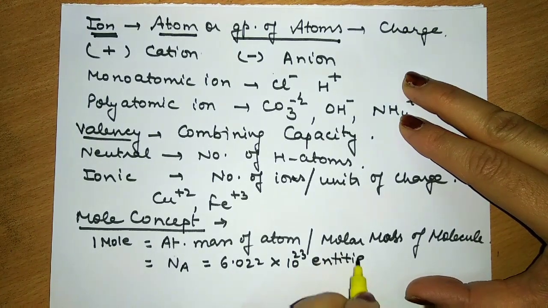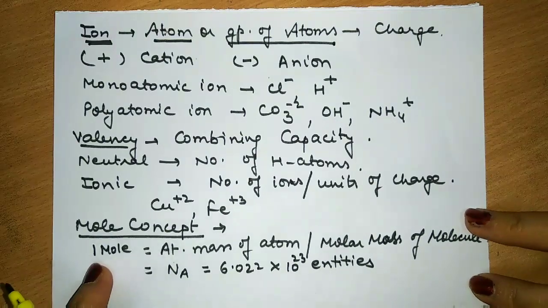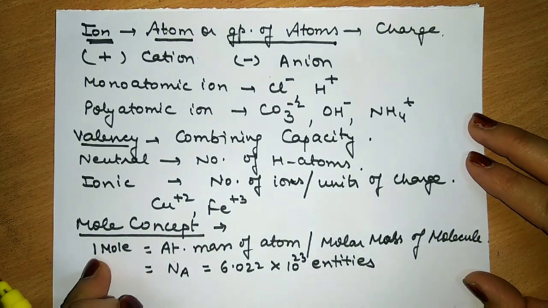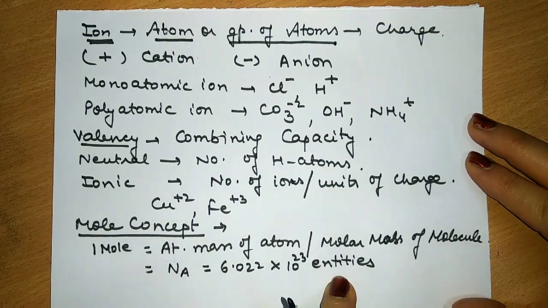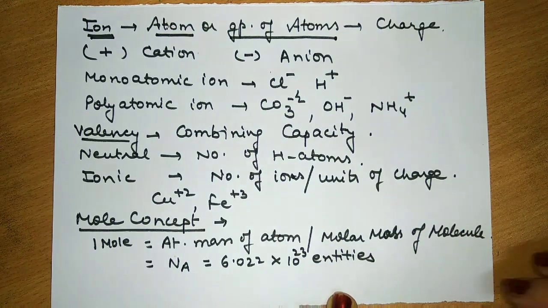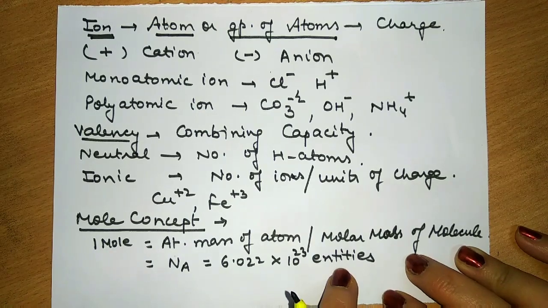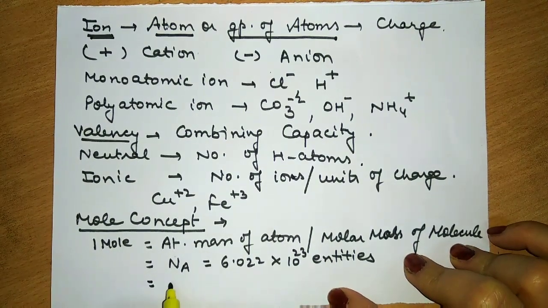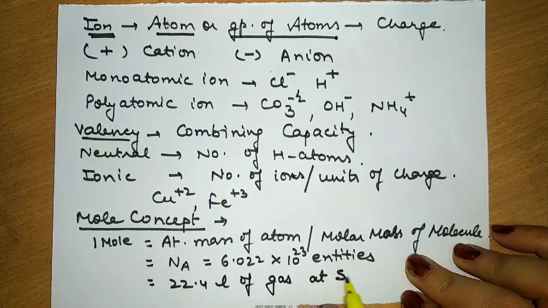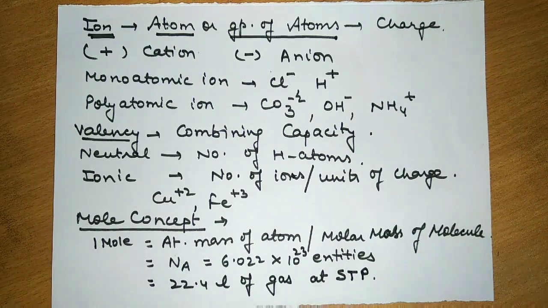What are entities? Entities means अगर हम आयन की बात करें, सपोज ऐसे 1 मोल ऑफ आयन में कितने आयन्स हैं, सो 1 मोल ऑफ आयन कंटेन दिस मच ऑफ आयन. इफ आई से 1 मोल ऑफ एटम में कितने एटम्स हैं, सो दिस मच ऑफ एटम. 1 मोल ऑफ मॉलिक्यूल्स में कितने मॉलिक्यूल हैं, सो दिस मच ऑफ मॉलिक्यूल. So entity means that species that we are talking about. Maybe ion, it may be electron, it may be atom, it may be neutron, it may be proton. Whatever I am talking about here, that will come here. In terms of volume, it is equal to 22.4 liter of gas, any gas at standard temperature and pressure.